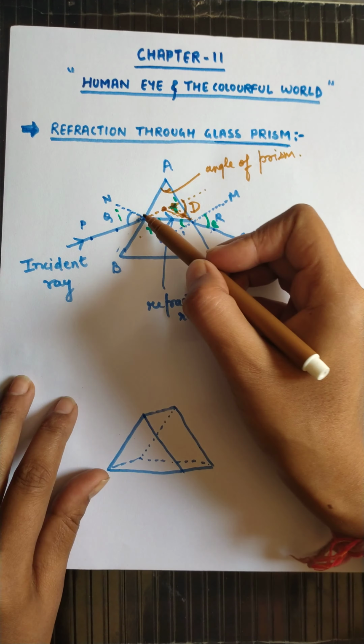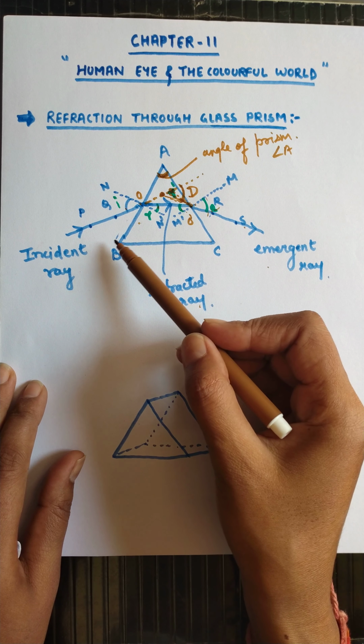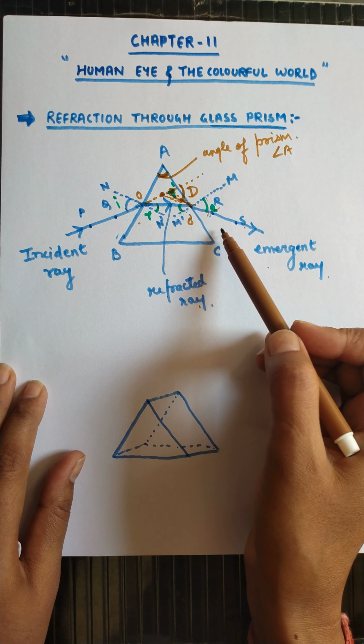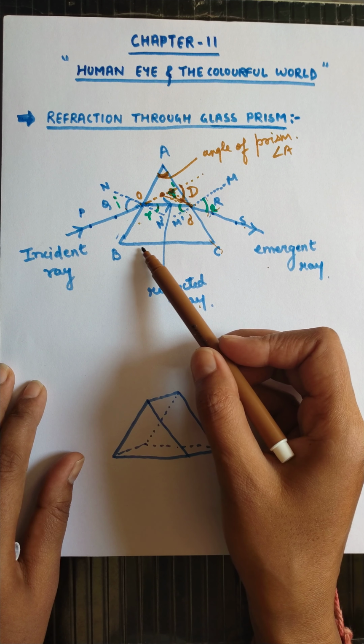Okay students, I hope you understand what the incident ray is, what the angle of prism is, and what the angle of deviation is. The angle of deviation gives the idea of how much the incident ray is diverted from its original path, how much it bends from its original path due to the phenomenon of refraction. And refraction, you all know very well, is that whenever light moves from one medium to another, it deviates from its original path, and this deviation is called refraction.